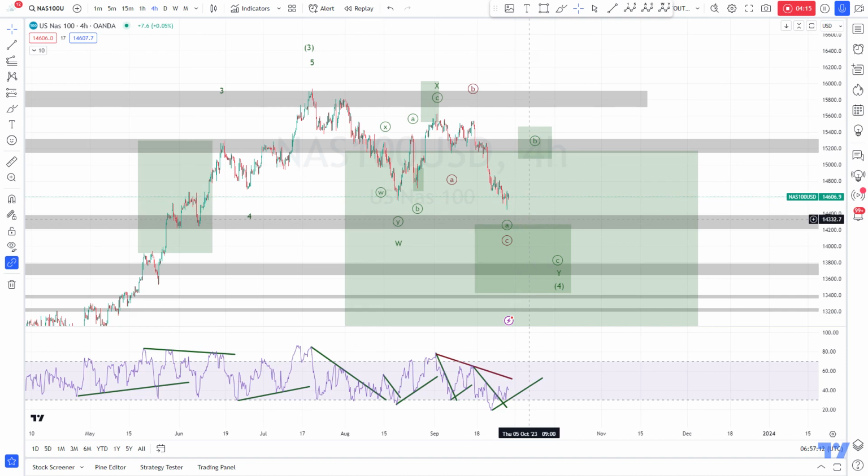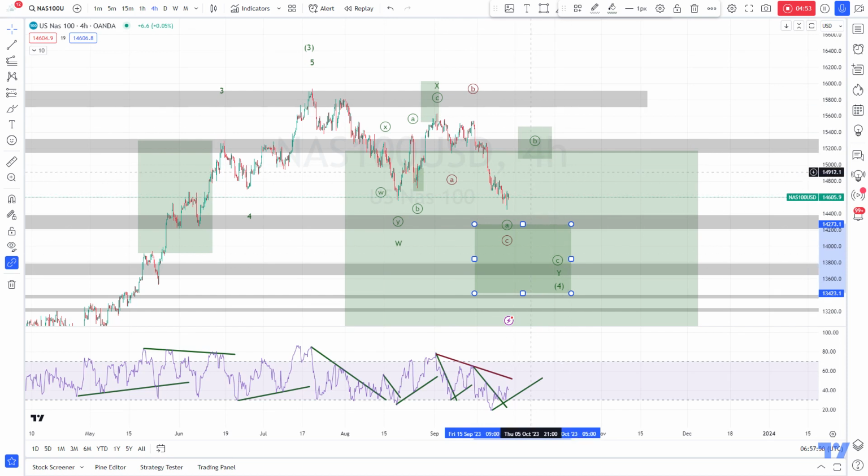And then if I look at the FTSE, the problem is that we are also somewhere in between. We can go up, we can go down. Both scenarios are equally valid. So, we either wait until we reach this area here, or if we start to go up from here, then something to watch is the next move. How does it look if we go up? Is it three waves? Then I would favor the